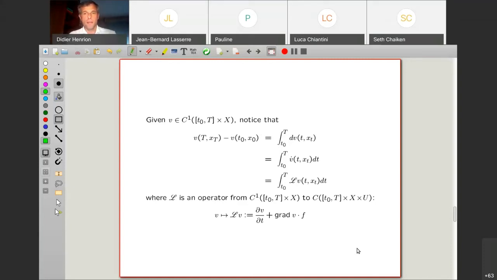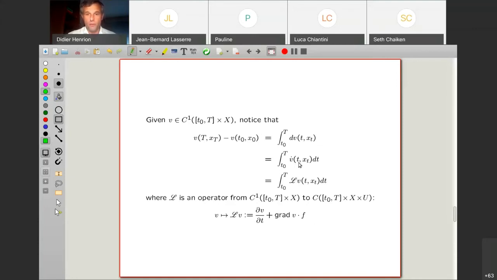Now, if I do that systematically to evaluate the difference of an observable of time and state between time t0 and time capital T, I use the fundamental theorem of calculus to notice that this difference is just the integral of the total derivative, but this total derivative is also the time derivative, the speed integrated uniformly with respect to time, dv over dt times dt,